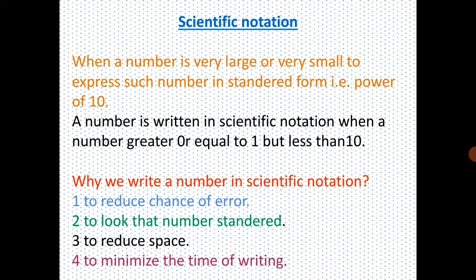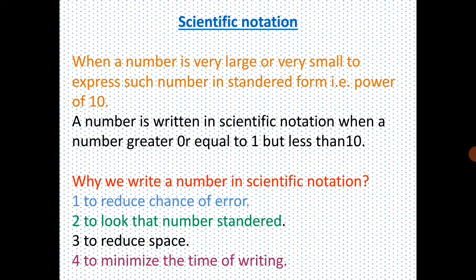There are some reasons to write it in scientific notation. Number one, to reduce the chance of error, because when we write a number in scientific notation, error is minimized. In a large number or a small number, some errors must occur. Number two, to make the number look standard. If we write a small number or a large number in scientific notation, its expression or look is very